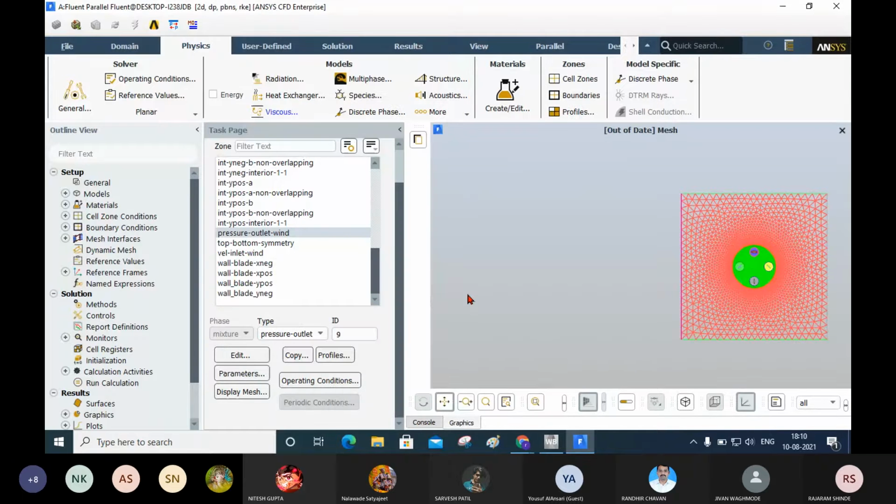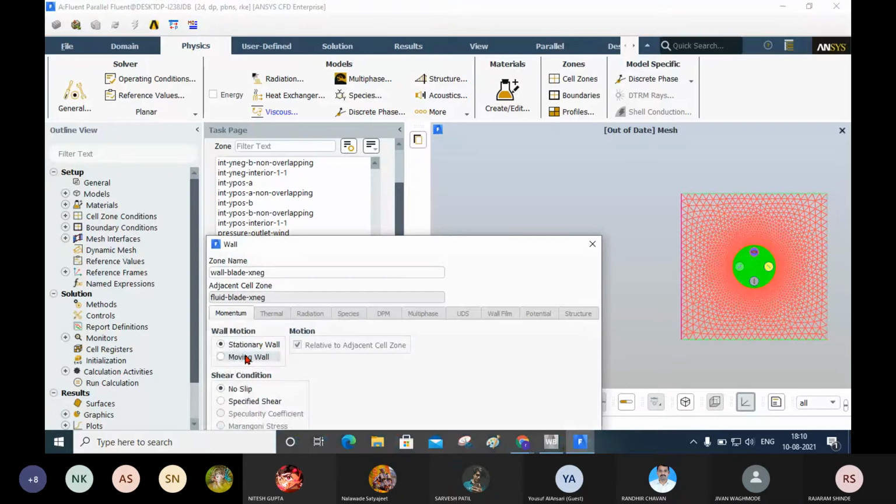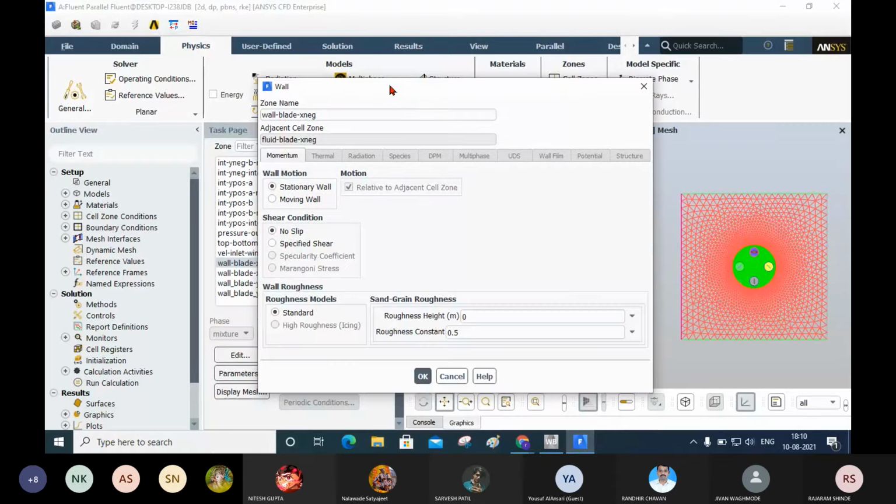Now next one. Some more boundaries are required again. What are those boundaries? I will tell you. Here, wall blade X negative, I will click edit. Here it was a moving wall, am I right?